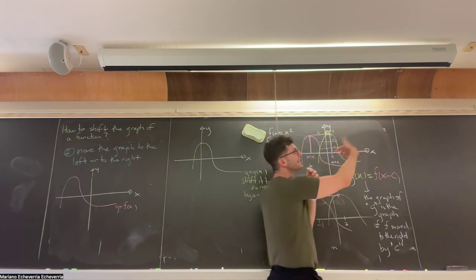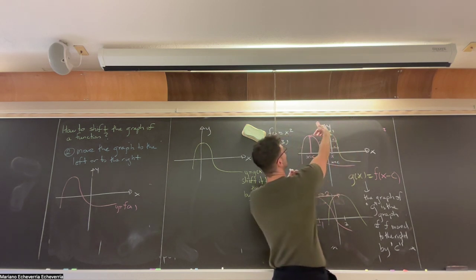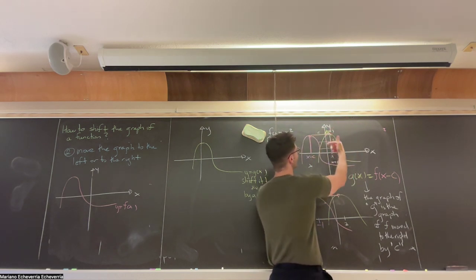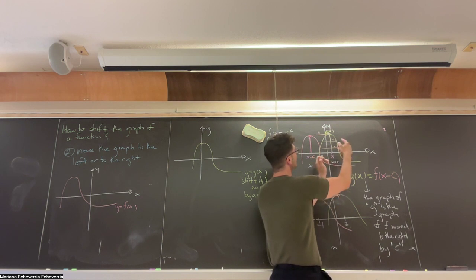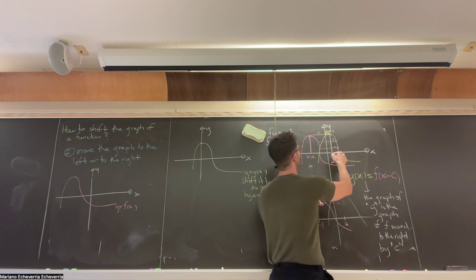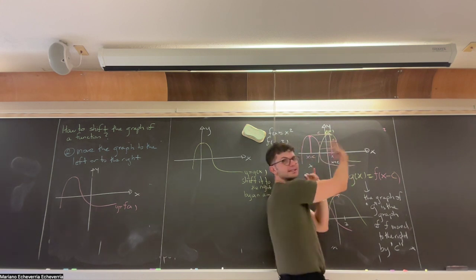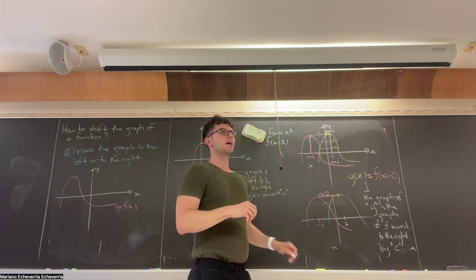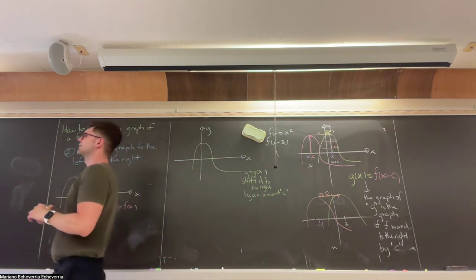But we're kind of reading it in reverse. That's why I did the arrows like that. And the rule is, for the new function, you want to define it at x. So the rule is to just go to x minus c. But it is kind of equivalent. It's kind of like saying,